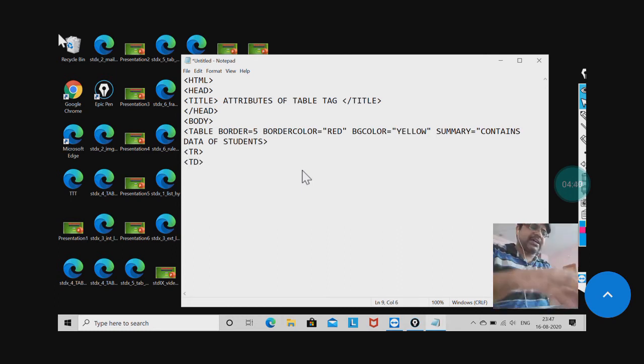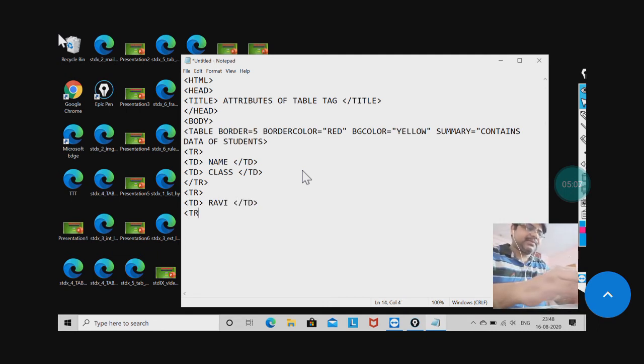Now my first data is name, /td. Next one is class, /td, and then /tr. Now only one more record I will use. I'm not going to make it long. td name Ravi, and the next data class as 12.